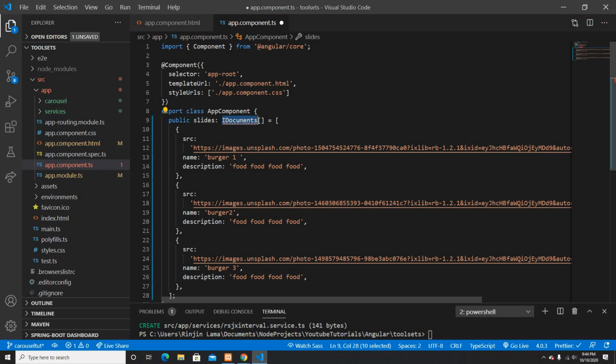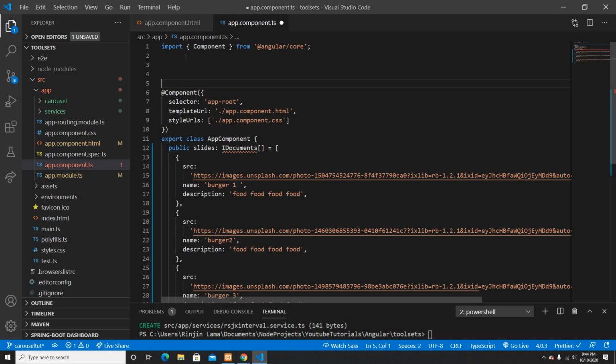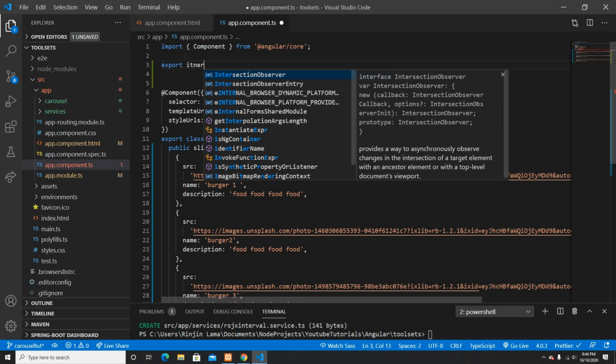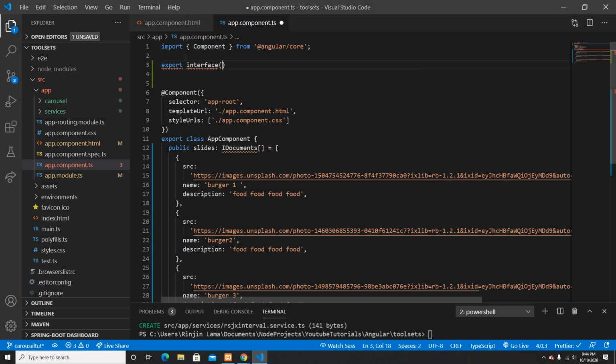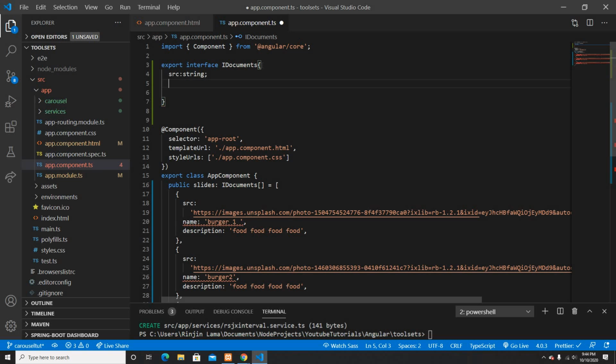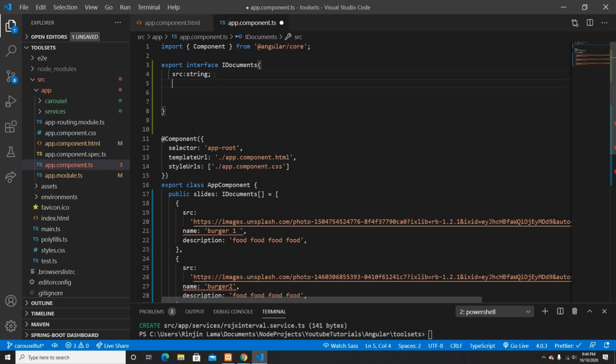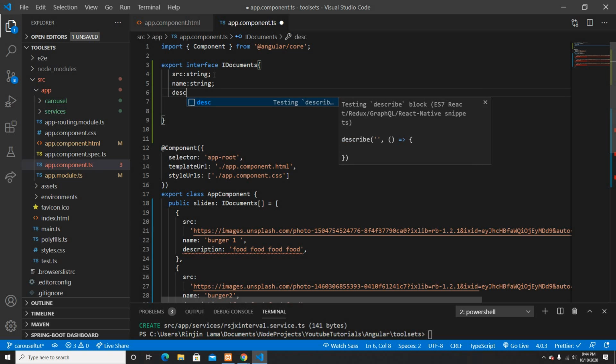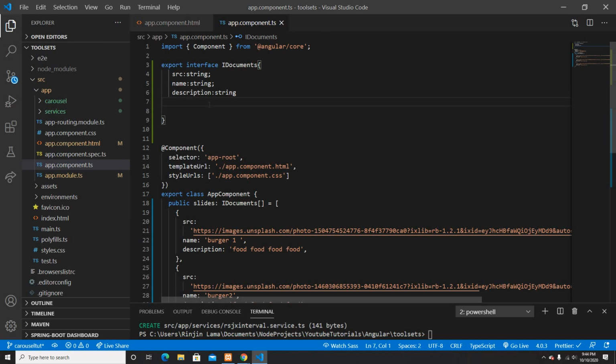So the first thing I'm going to do is create this interface here. I'm going to export this interface for this IDocument. This IDocument is going to have a source, which is a string. Sorry, no need for private. Source as a string, name also a string, and description as a string. Okay, so once I have this,